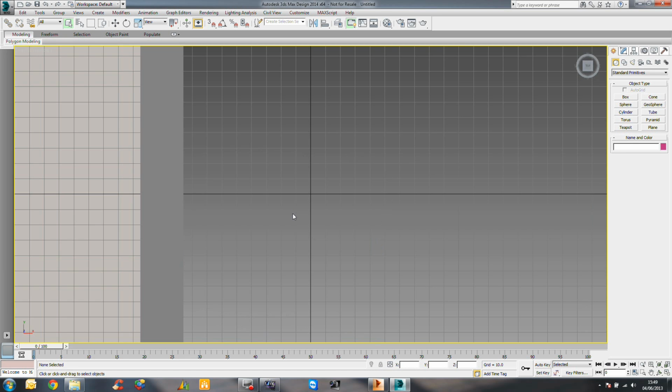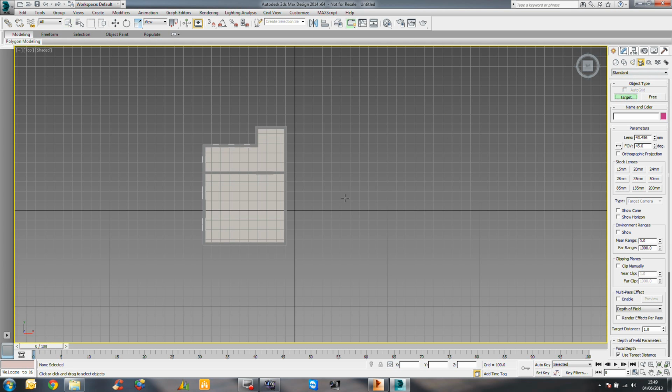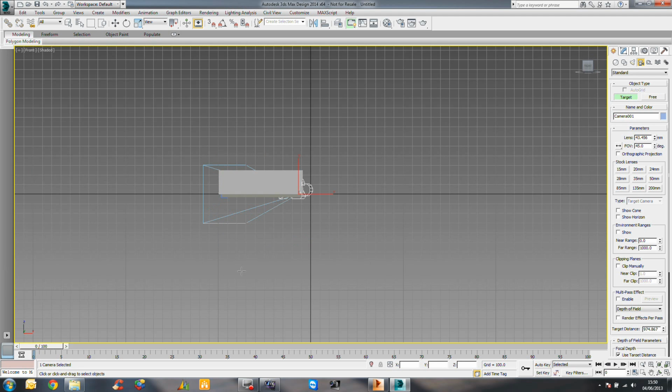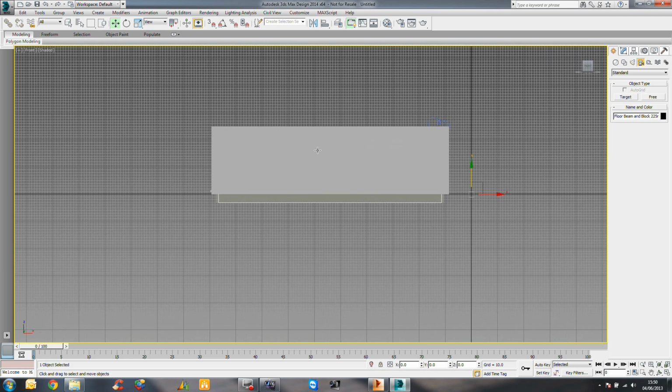I'm just going to go to a top view and zoom out, and we're going to choose in this menu on the right hand side to create a camera. We're going to create a target camera in the corner of the room looking to the other corner. I'm just going to go to a side view and ensure that the camera is situated off the floor and that the target of the camera